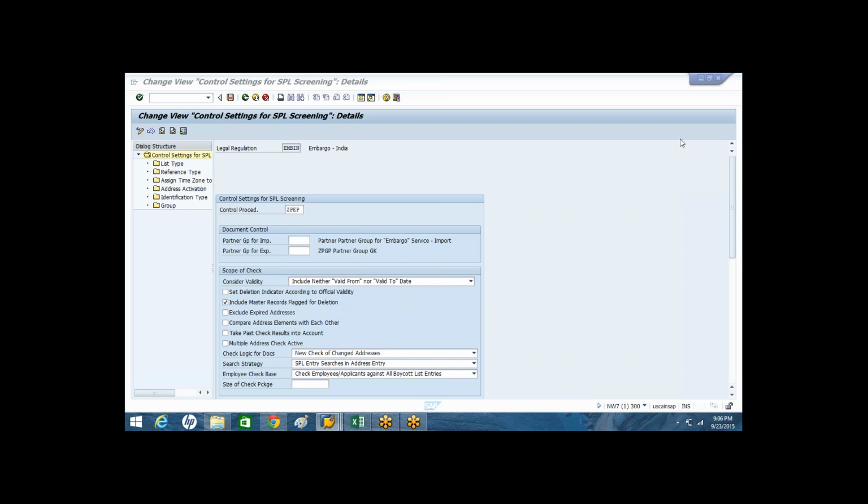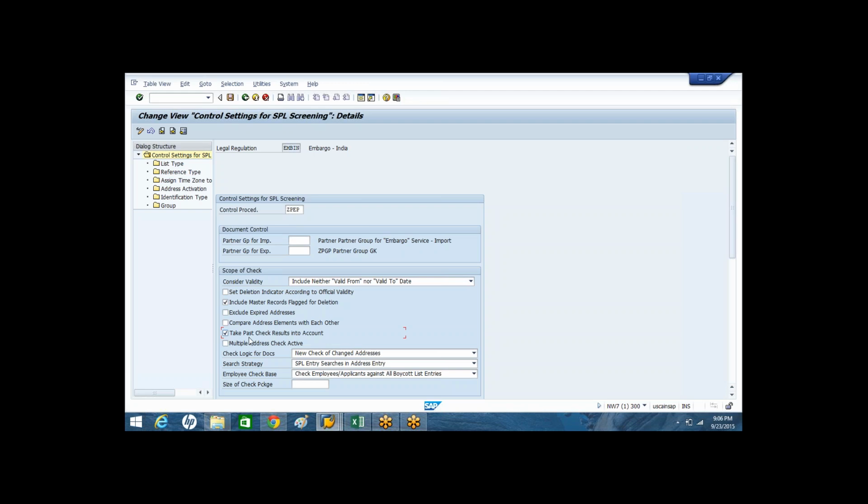Okay? And again the system is doing the screening tomorrow one more time, as part of periodical screening. So when the system is doing the screening one more time, whether you want to consider Venkat's block default without an additional screening, or you want to do the screening one more time, that is controlled by this configuration. For example, if you don't want the system to do the screening one more time for all the blocked members, then you can activate this configuration.